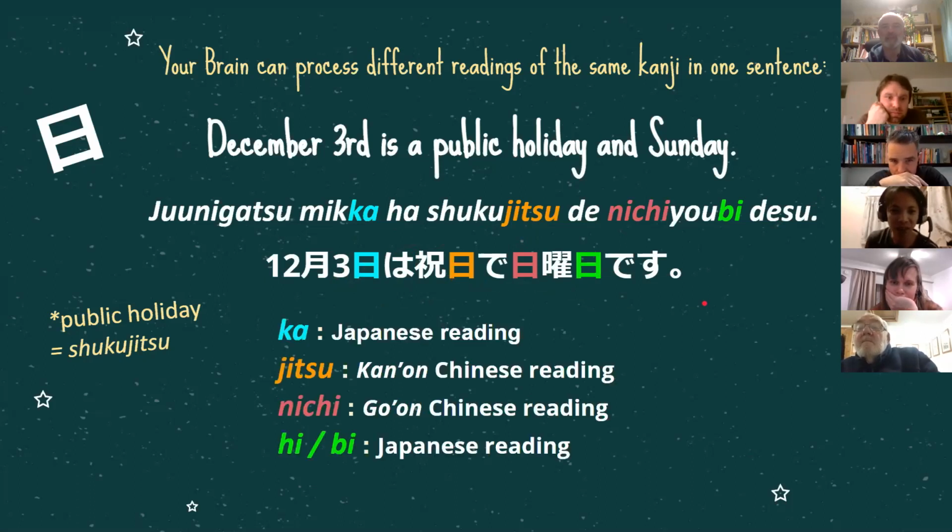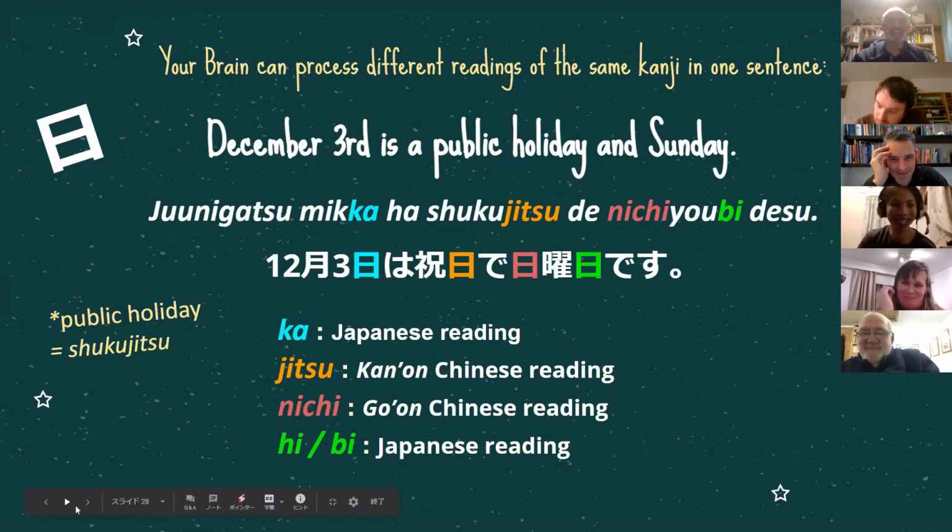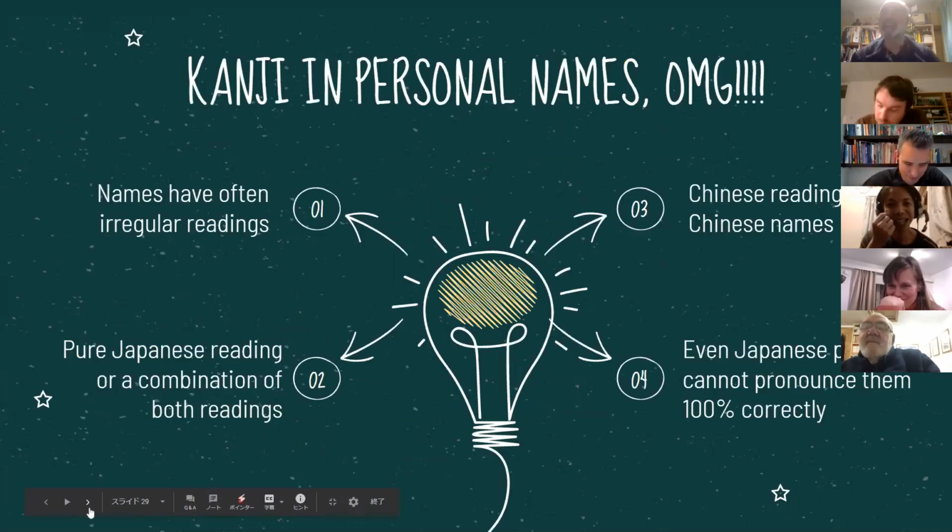And it works like this. Ka and bi are Japanese readings. Jitsu is kan-on. Nichi is go-on. So your brain can automatically determine the correct reading without knowing all this. Isn't it wonderful? これは素晴らしいではないでしょうか。